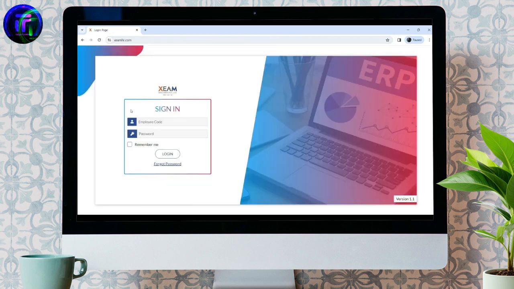Click over here. Now, you'll be taken to the new interface, which is the sign-in form. Simply enter your employee code over here. Similarly, enter your password over here. Click on Remember Me for further use, but I suggest you guys do not try it on a public computer. And once you click on the login button, you'll be able to access your account. In case if you forgot your password, just click on Forgot Password, then you'll be able to easily recover your